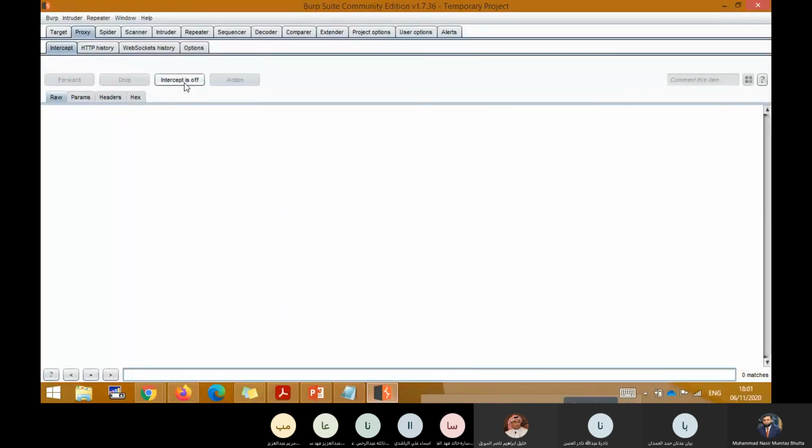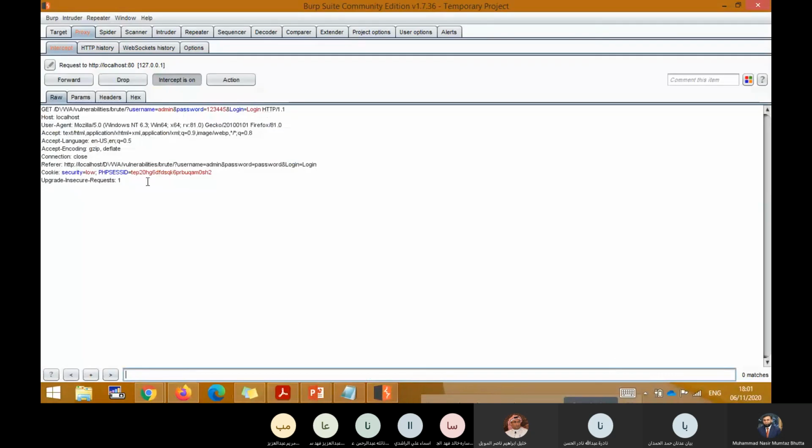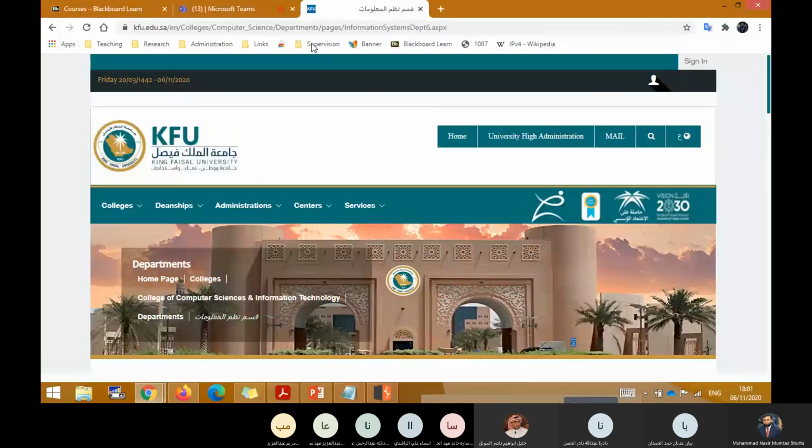So, for example, make intercept on. And if you see, it was encrypted like this, or if it was hashed, then you can copy this hash of the password if it is in the cookie. And as I have shown you, there are many websites where you can go and crack it.